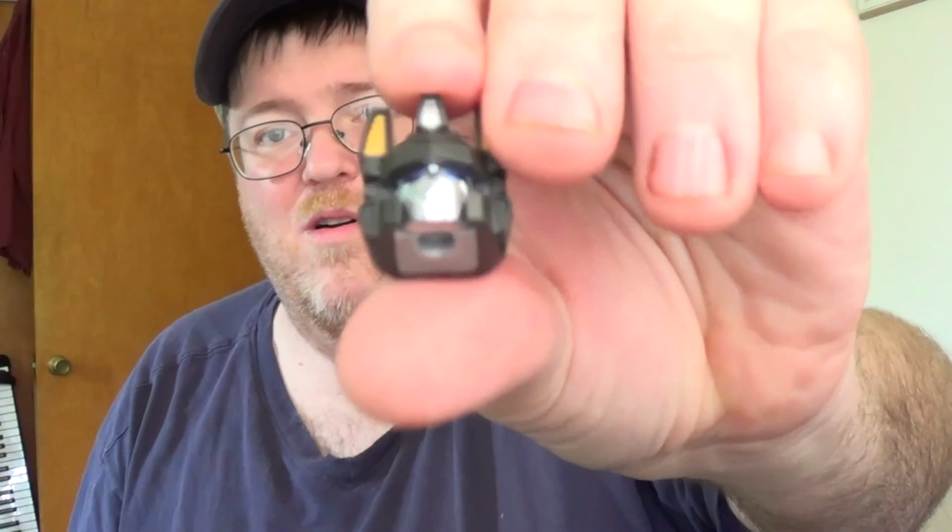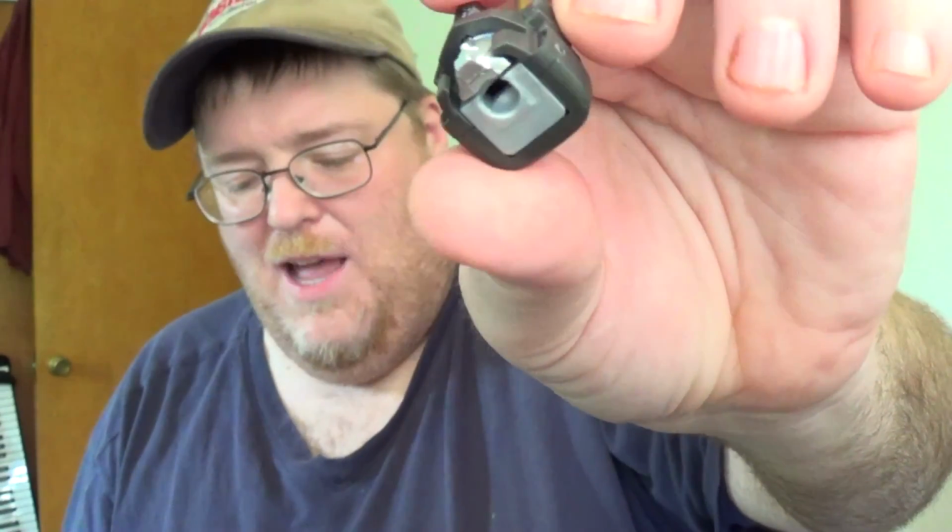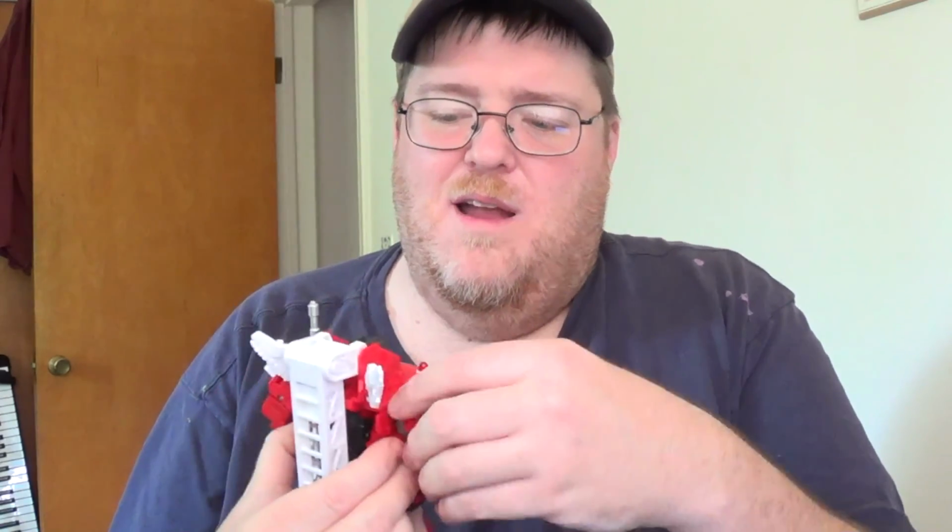They both come with multiple face sculpts. The head just pops right off, and then you just slide the face out. It came with extra eyes. The original eyes on him were like a light blue paint, but they came with metallic eyes for every single face sculpt. So I've done that. And I just put this generic face sculpt on there. I think that looks nice. I had a smiling one on there, but